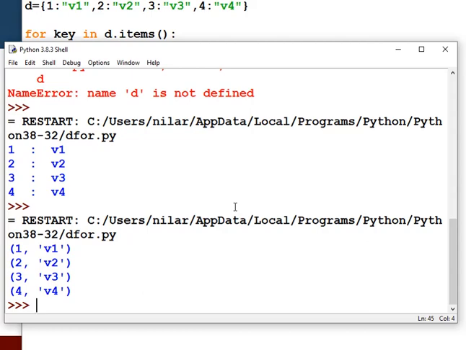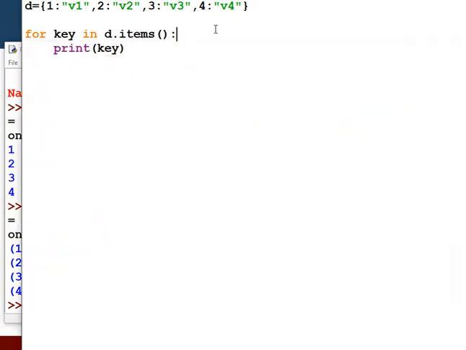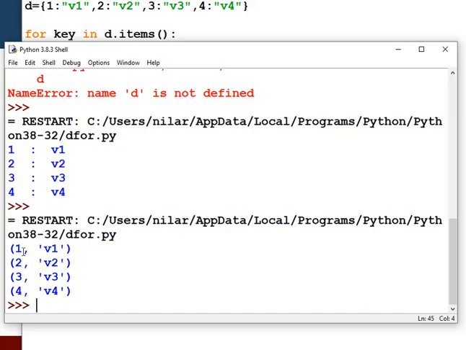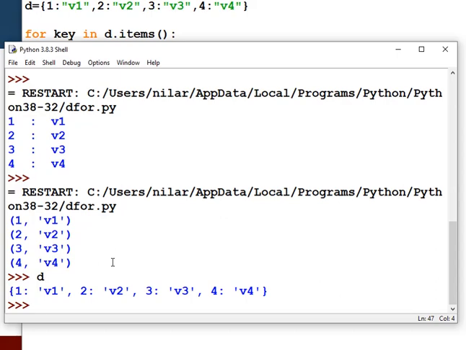Here you have mentioned key and value, but here the items are copied into this variable. You can see the actual output, and if you display it, the items are displayed in this way here.